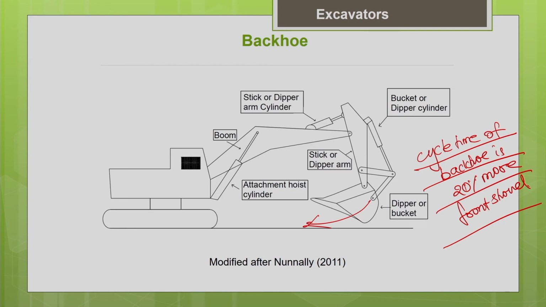And one more important thing is, when you are using the machine for excavating below the ground level, if you are able to place your truck also on the floor of the pit, you construct a ramp and bring your truck or the hauling unit onto the floor of the pit, you can see that dumping will be easier. You can reduce the dumping time because the truck is lying below the bucket, standing on the floor of the pit. In that case, it will be more beneficial to reduce the cycle time.